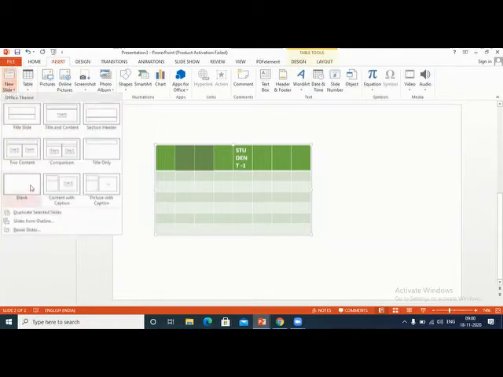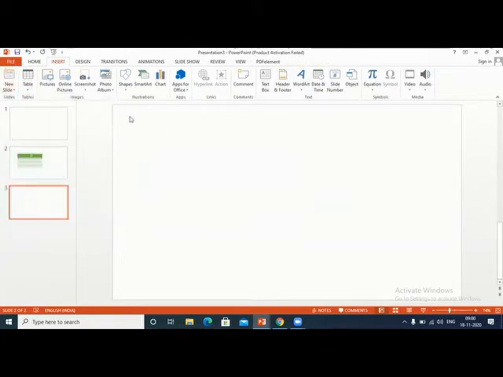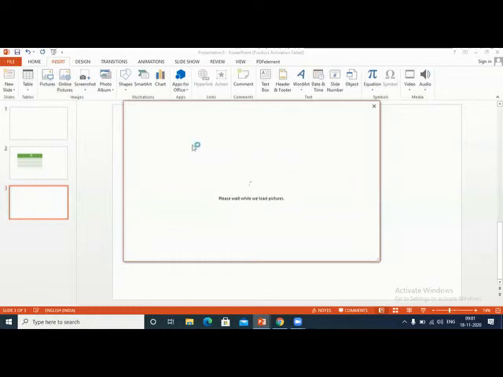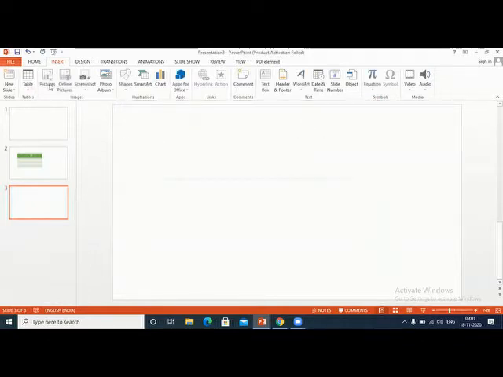Insert, new slide, blank. Okay, now last time I explained, this is to insert your picture. It's very easy, no confusion. And this is to insert online pictures. You click here and get whatever pictures you want. It directly goes to Bing only. You can search and insert that. So this is to insert a picture, this is to insert a picture from online, and this is the screenshot I showed you.